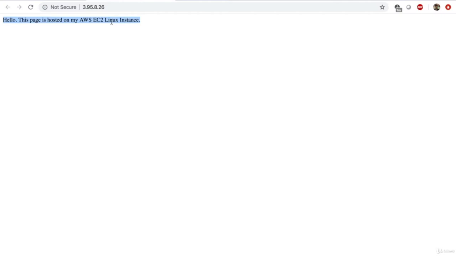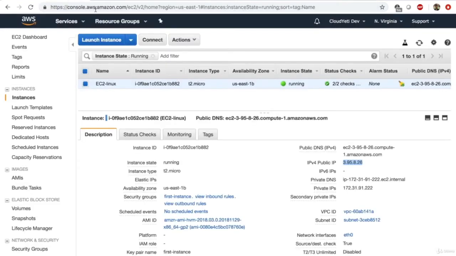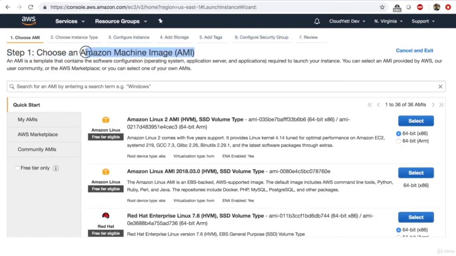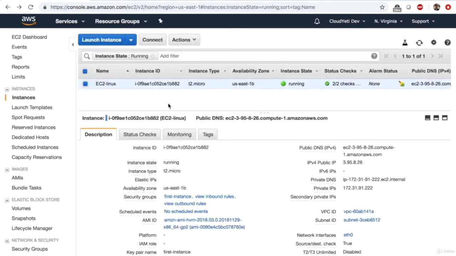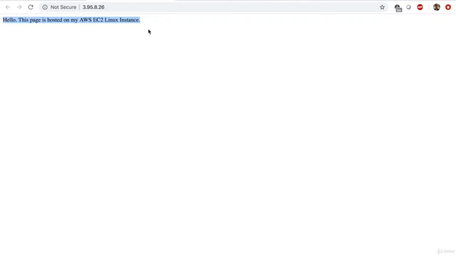And what if I want to come back after 1 year and launch exactly the same type of web page without doing this again? So I can do this thing called create an AMI, or Amazon Machine Image, from this instance, right? If you remember, while launching this instance, we had to choose an AMI. Now, we will be creating an AMI from this instance. So not only the OS settings, or the operating system settings, will carry over, but also the application settings, like the Apache web server will already be installed, will be running, and will contain this file when we launch the